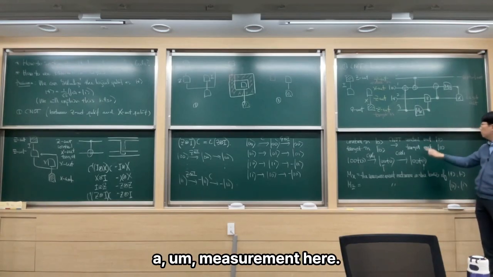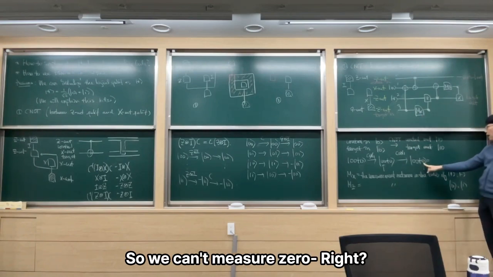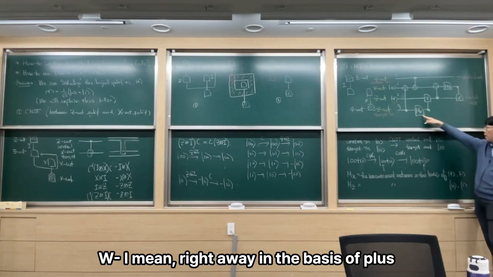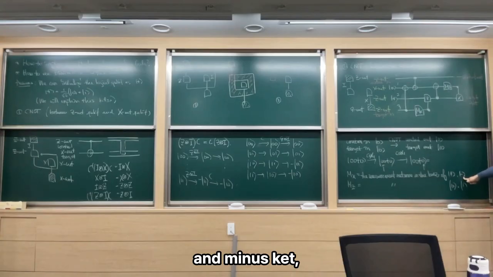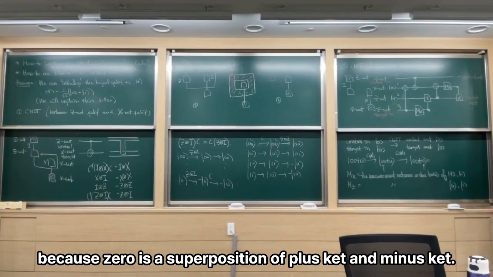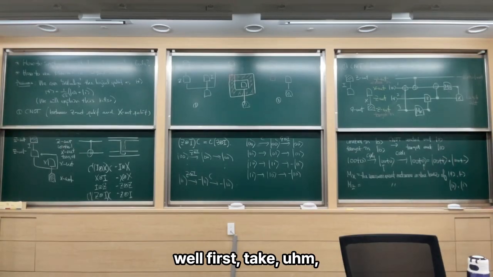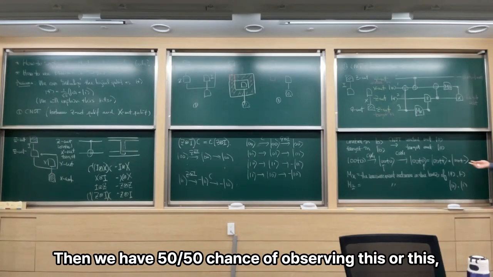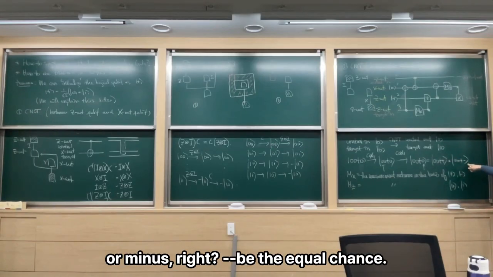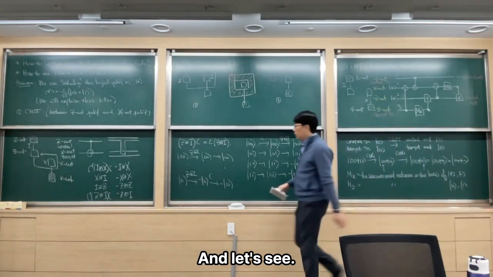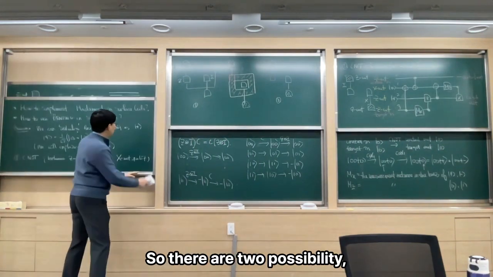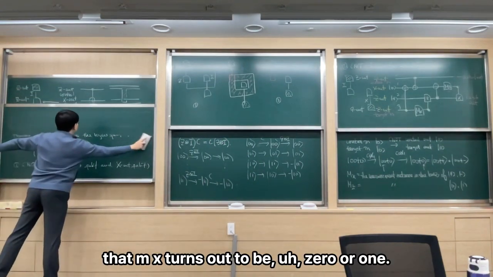So anyway, look at the last one. We're going to take a measurement here. So we can't measure 0 right away in the basis of plus and minus ket, because 0 is a superposition of plus ket and minus ket. So we'll first take the splitting here, and then take a measurement. Then we have a 50-50 chance of observing this or this, because it will always turn out to be plus or minus, right, with equal chance. And let's see. So there are two possibilities that mx turns out to be